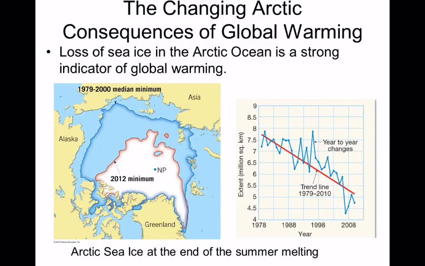So this is on the left. There's a bird's eye view. The NP stands for North Pole, looking down at the Arctic ice sheet. And you probably see that blue region right here. That's how big the ice sheet was, averaged between 1979 and 2000. That's how big it was. Okay? So 12 years later, this is how big the ice sheet is. Now it says minimum because actually those are